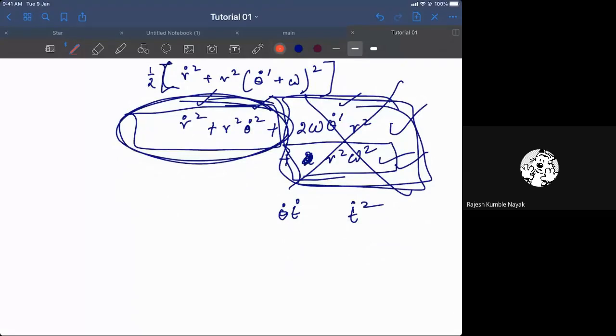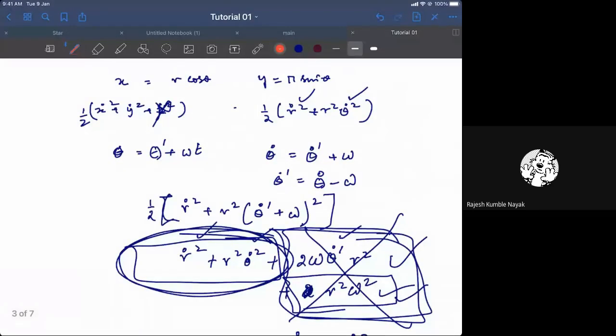Even in special theory of relativity, it's not an issue because time itself is a coordinate. But in Newtonian mechanics, it's an issue because time is a free parameter, not a coordinate itself. It's just a parameter. So that leads to the problem. If you also include t dot here, then everything would be quadratic in that. So that we will see when we get to special theory of relativity.